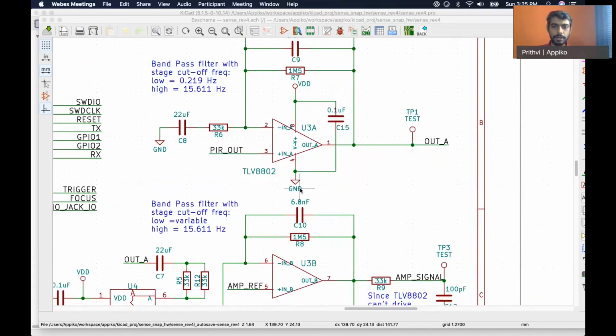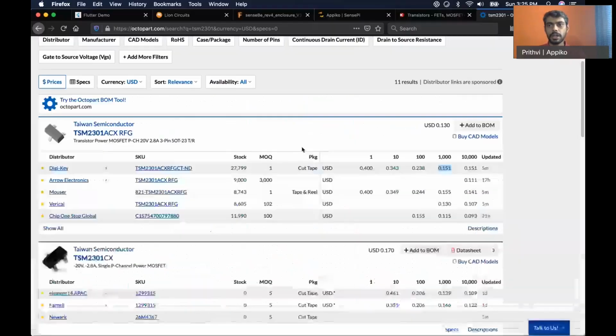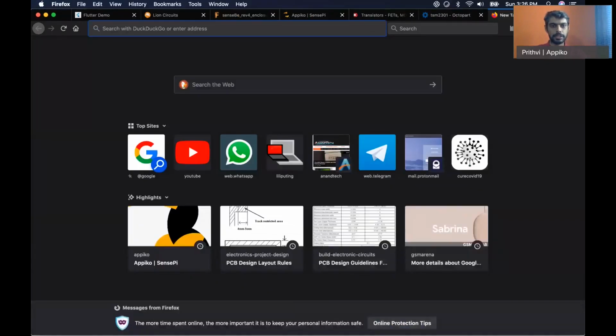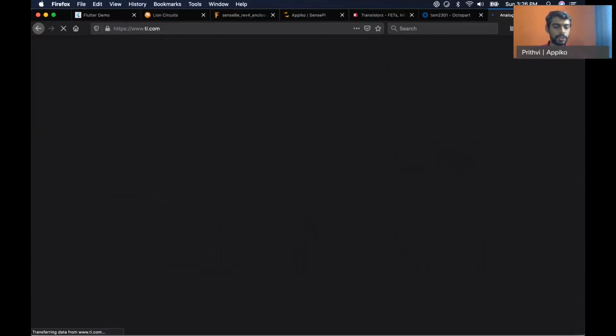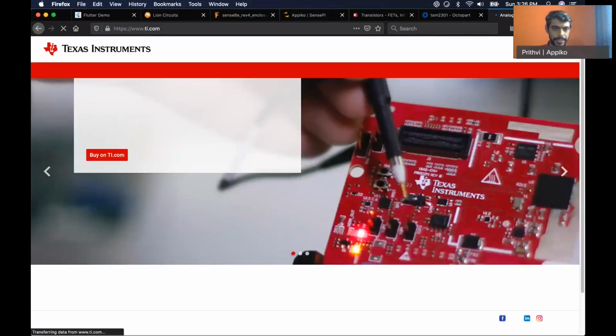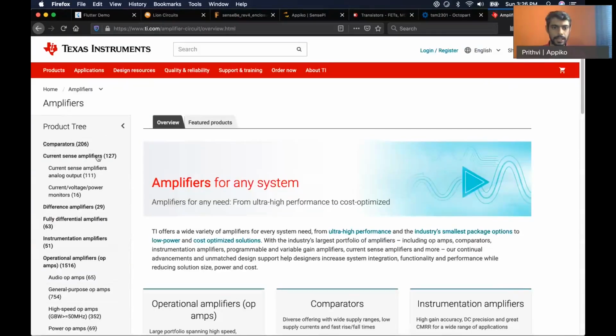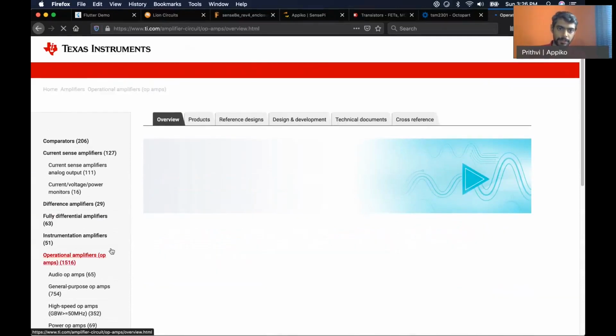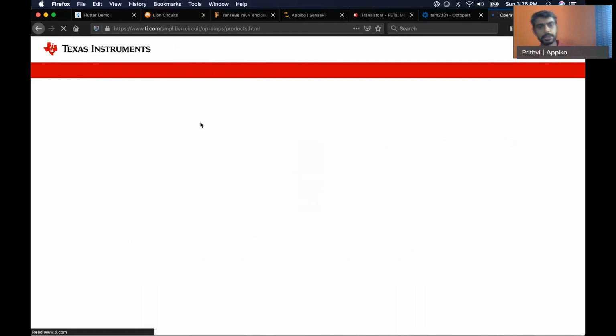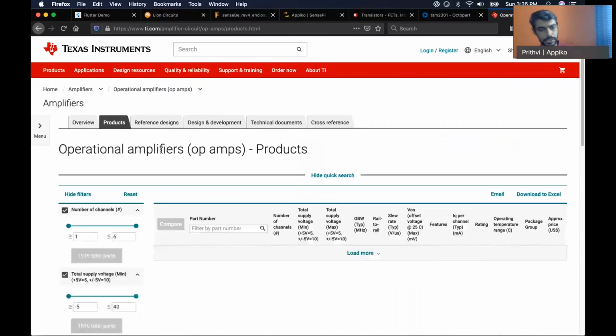For this, TI is a vendor that provides a really good tool to choose components. If you go to their website and go to their amplifier section, we can look for operational amplifiers and try to see which is the one which is best for us.